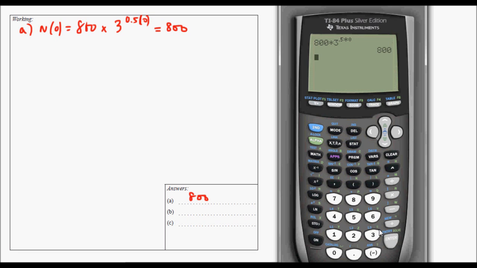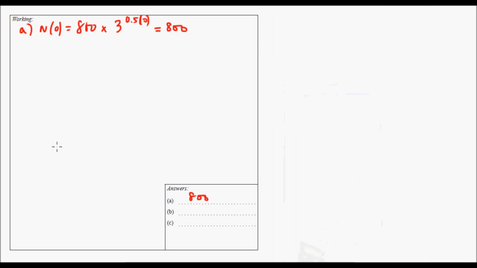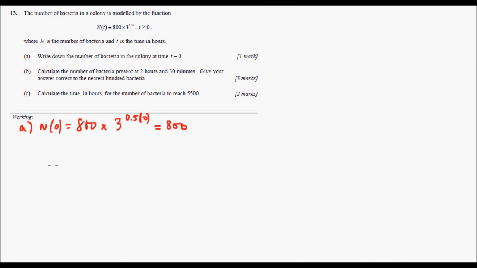Okay? And you get 800. Okay, so we're good to go on that. Okay, pretty straightforward. That's the y-intercept. So basically it's the initial number right there. And then, okay, calculate the number at 2 hours 30 minutes. So that's 2.5